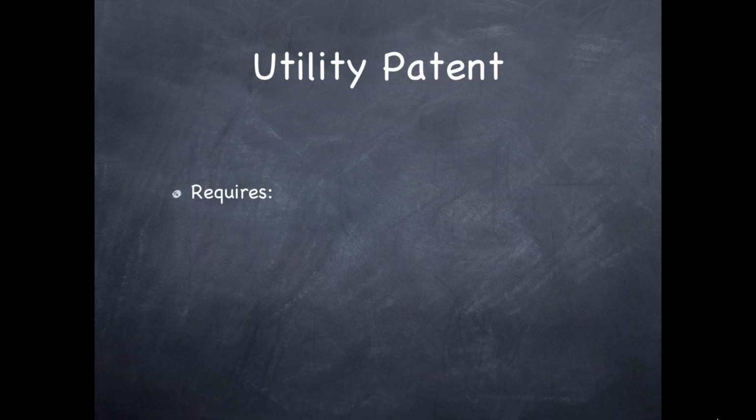Your utility patents are going to require three things. Number one, for a utility patent, it has to be something that's new. The USPTO is going to go through and look at your utility patent if you're applying. The first thing they'll want to do is see novelty within your industry and category. So they are going to confirm that whatever your technology is, it's something that's new within your market.